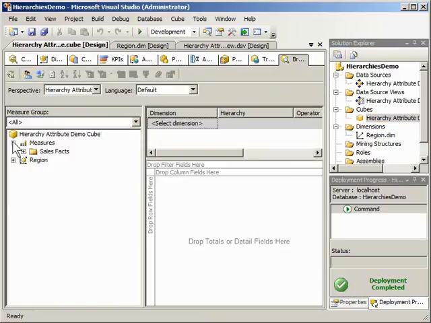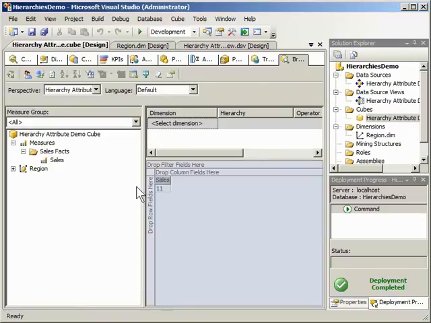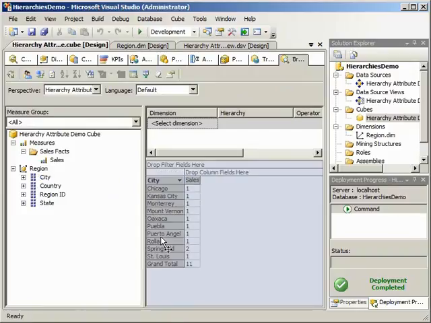We'll come and look at the sales measure, and then we'll go to region and see that it has a number of attribute hierarchies under it. Let's select city. And when we look at city, we can tell by the results of the data that it has not distinguished the two Springfields as being separate cities or entities. But if we go ahead at runtime